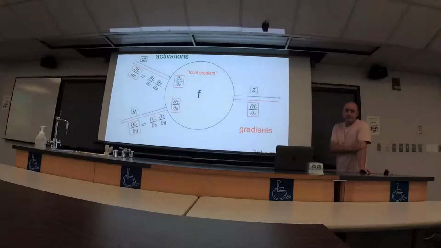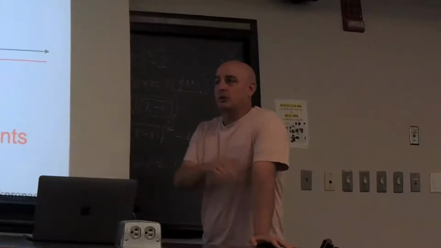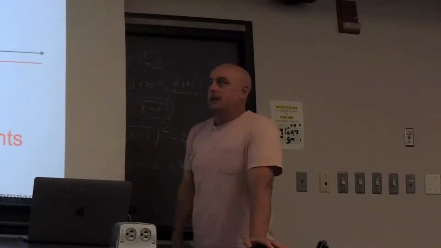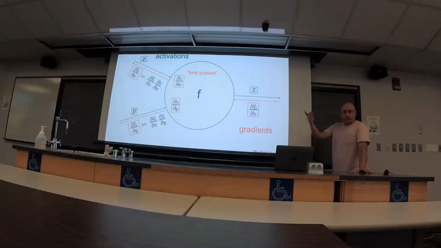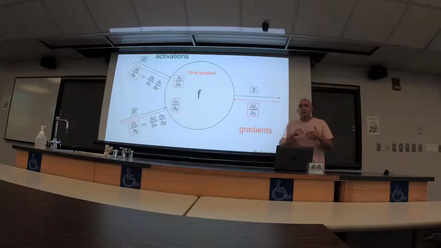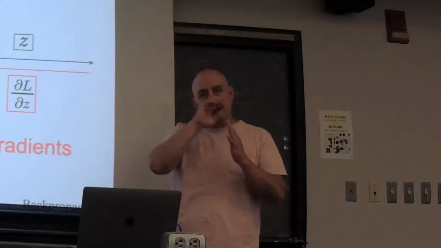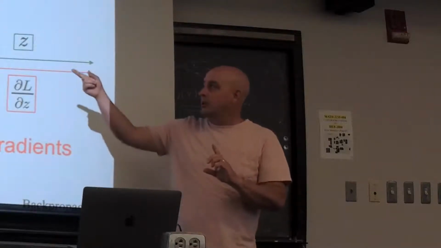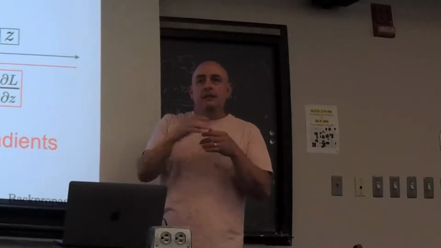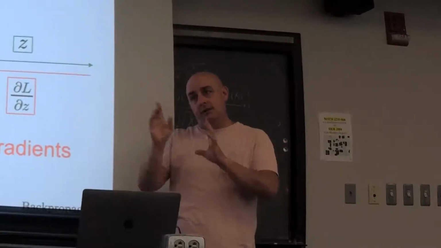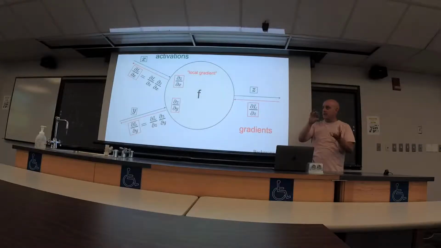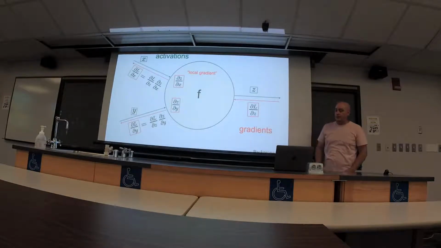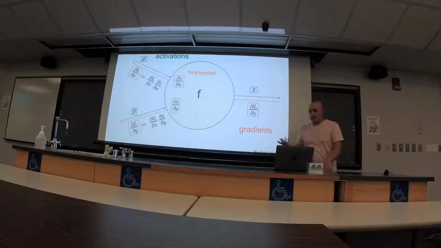update our weights, right? Because the idea is, remember, we're trying to minimize loss in general. And so the gradient of the loss with respect to, say, x is telling us the direction of greatest increase of the loss with respect to changes in the input x. And then we use the negative of that gradient to point us in the direction of the greatest decrease of the loss. And same thing for all the other parameters or all the other inputs. Okay, this is